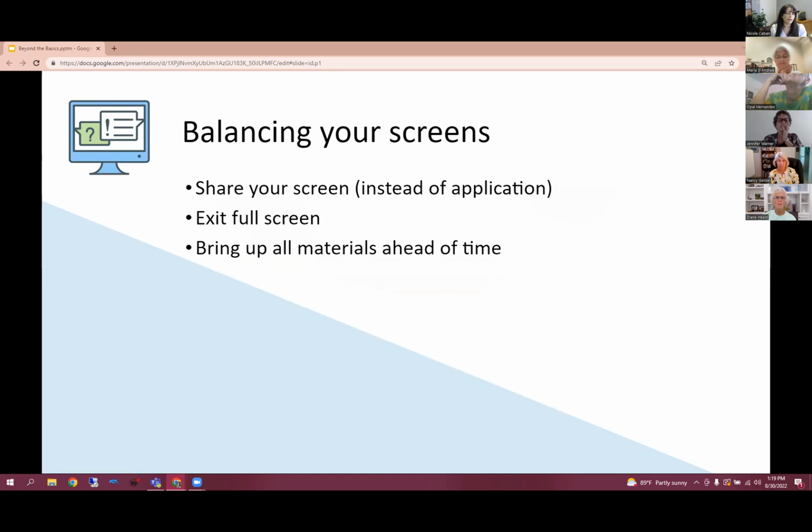All right, balancing your screens. Does anyone have issues with balancing your screens while you're in a Zoom session? Meaning you have multiple assignments, you have your Zoom window, and it's just tough to balance everything together. Does anyone have issues with that? Yeah,